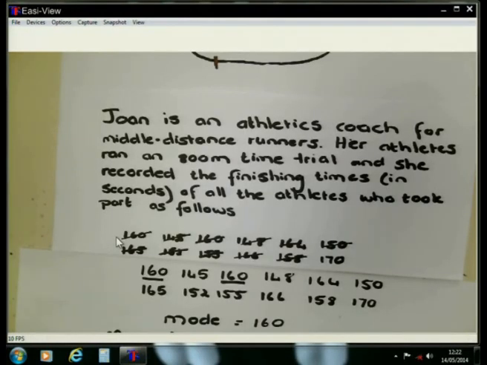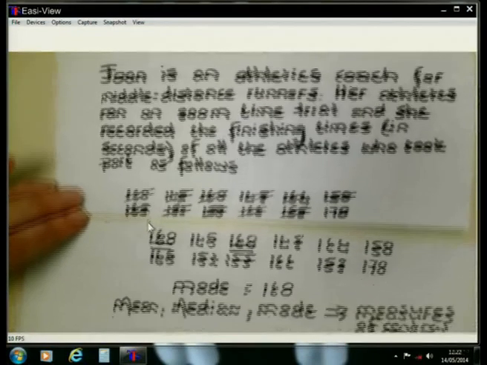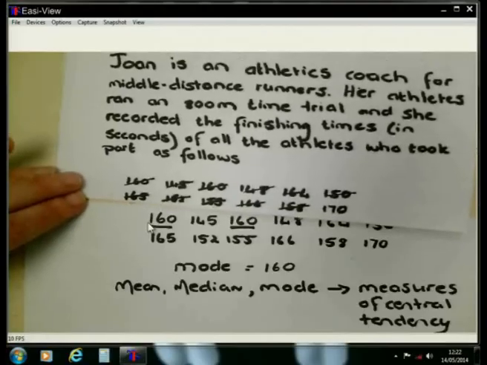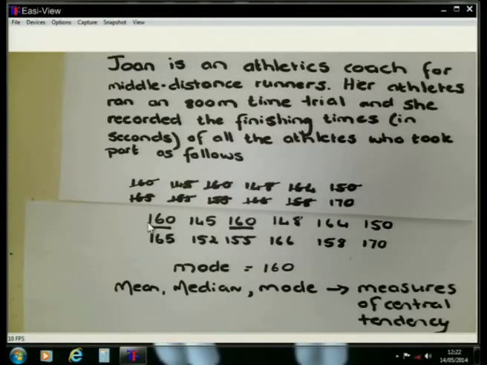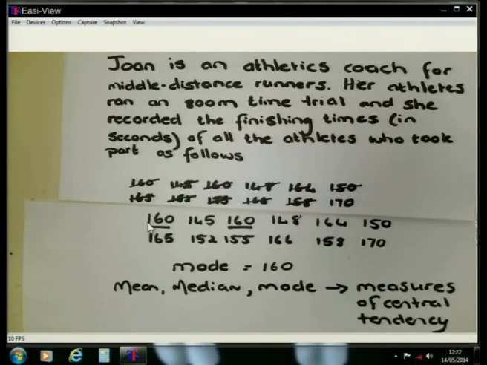We have now done the calculation of the mean, the median, and the mode. And you must please realize that we are referring to the mean, the median, and the mode as measures of central tendency. Now, later on in the DVD about box and whisker plot, you will see that we will make use of the value of the median again.